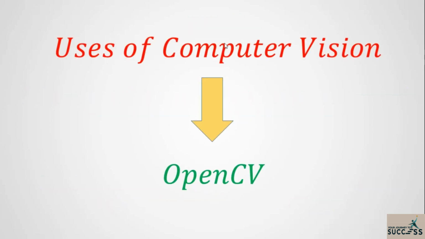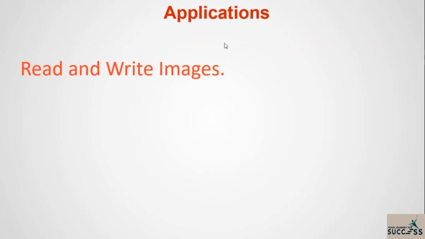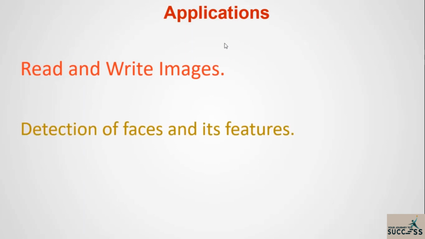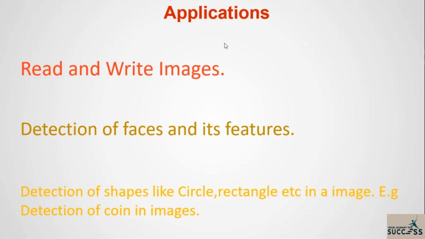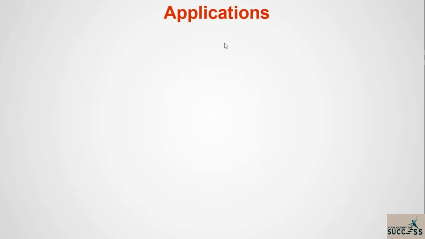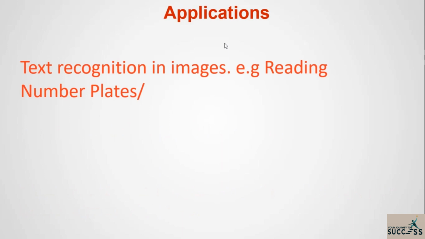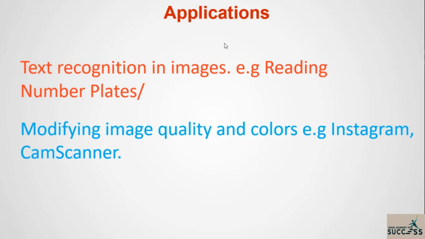Now let's see what are some of the most important uses of OpenCV. So OpenCV is basically used to read and write images, and we're gonna see this while we move on to the coding part of OpenCV. And then it is used for detection of faces and its features. And then it is used for detection of shapes like circle, rectangle in an image, for example, detection of a coin in an image. Now, similarly, it is used for text recognition in images, for example, reading a number plate,